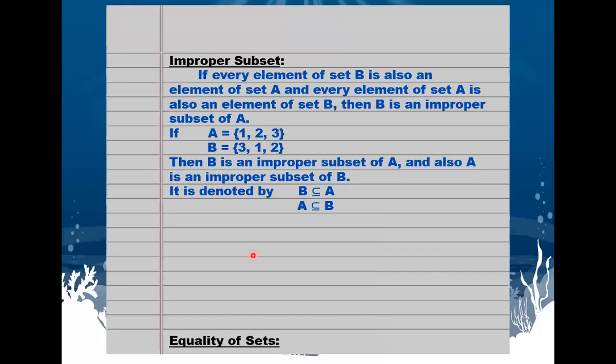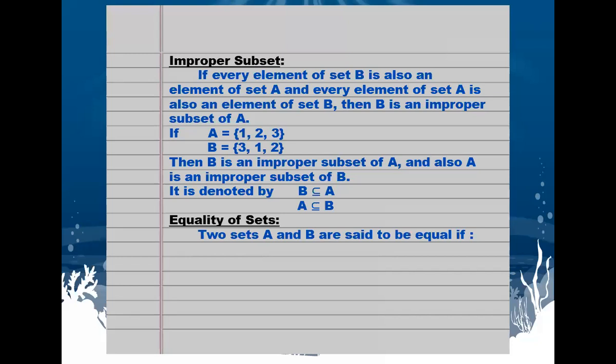Okay, now write down the next heading, which is equality of sets. Now write down the definition. Two sets A and B. How many sets? Two sets A and B are said to be equal if: